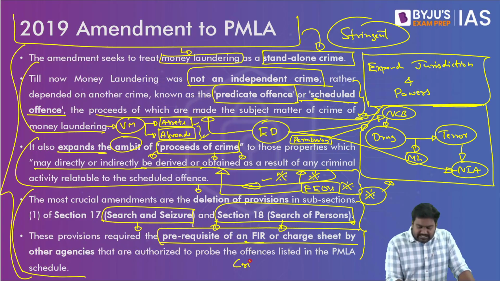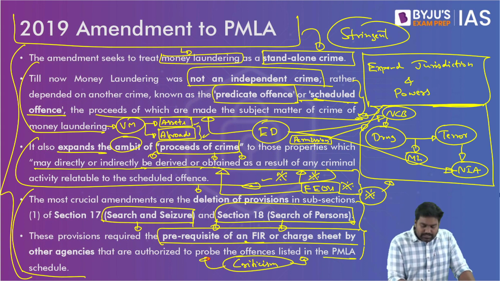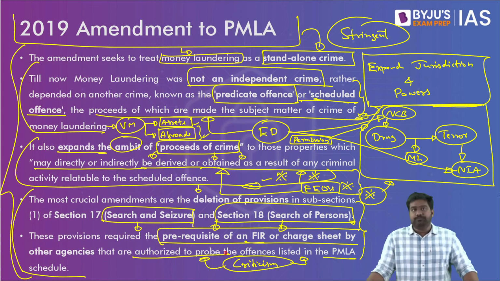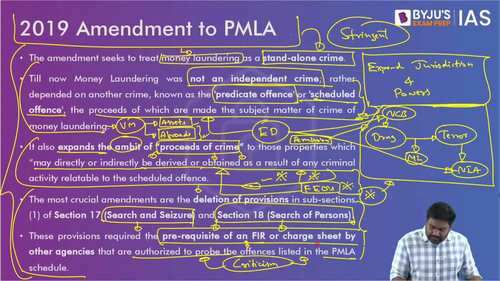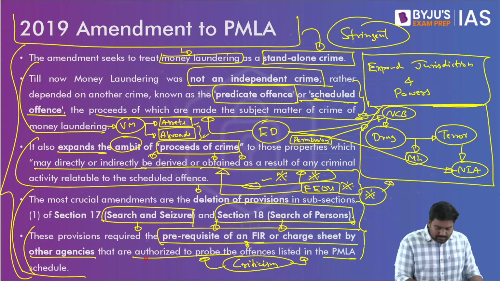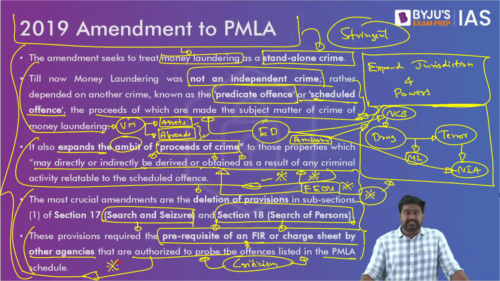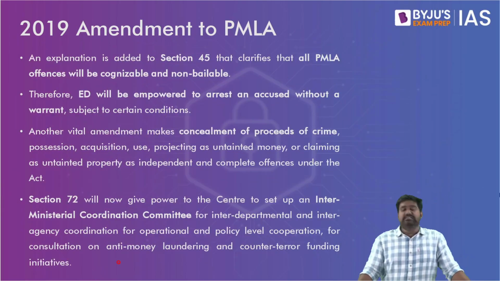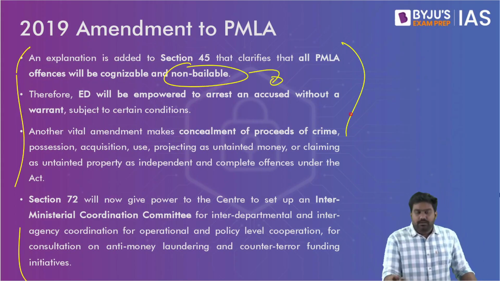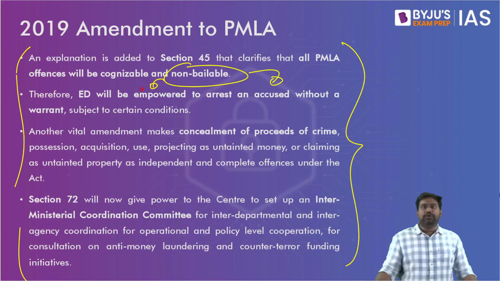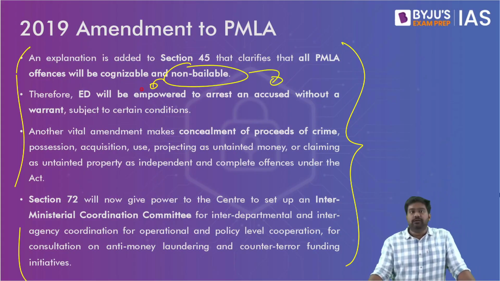This is where criticism comes again. Why should ED have such strict powers? Because there is a risk of it getting misused. ED now has powers to search, seize without a warrant, without even a prerequisite FIR, right? ED has been given tremendous powers to search, arrest, and seize. So the fear is that ED might exploit this because these offenses are non-bailable. You'll never get bail. It's impossible to get bail once the strict charges are filed, as you're presumed to be